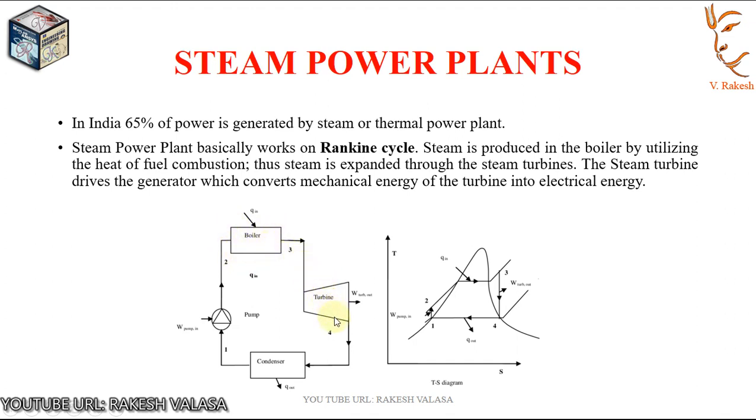Let us see the process 3 to 4. The dry saturated vapor expands through a turbine generating power. This decreases the temperature and pressure of the vapor, and some condensation may occur. The output in this process can be easily calculated using the enthalpy, entropy chart, or the steam tables. Process 4 to 1. The wet vapor then enters a condenser where it is condensed at a constant pressure to become a saturated liquid.